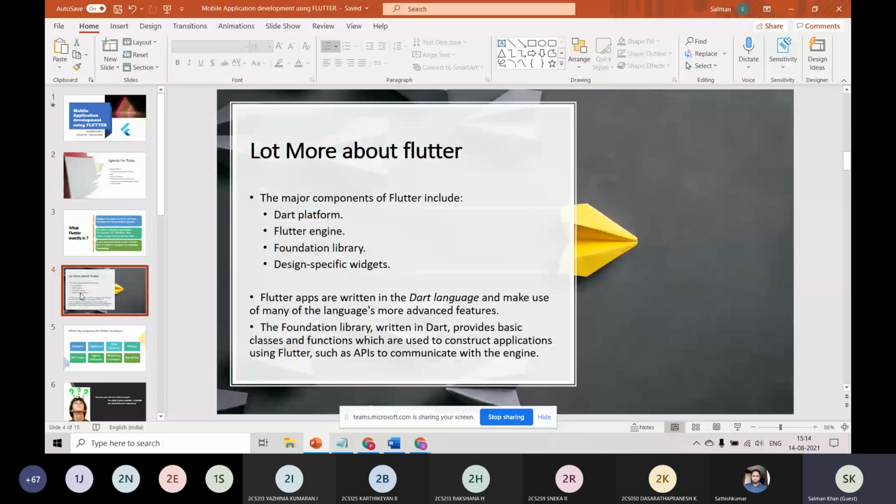Flutter uses the Dart platform, the Flutter engine. I'm very sure that if you see this as vast content, at the beginning stage it will definitely be difficult for you to understand. So Flutter is not a language. Flutter is just a framework. It uses the language called Dart, D-A-R-T, which I was talking about, which is similar to the Java language. The Dart language is also developed by Google. So everything is developed by Google when it comes to Flutter.